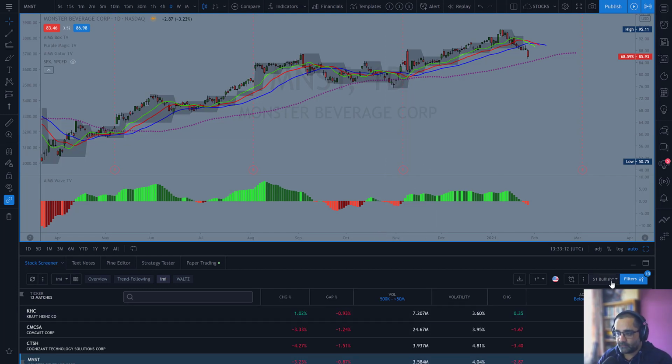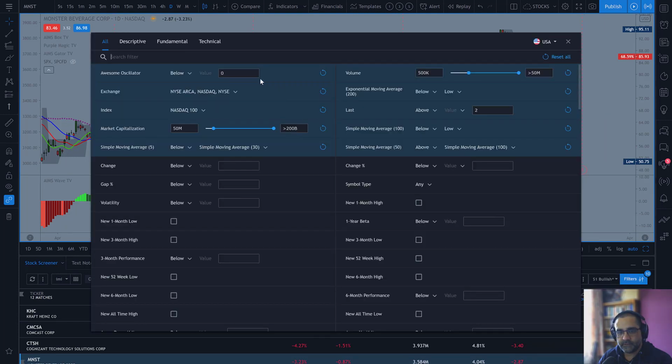scanner here, like the one we have here. So let me take you to the filters. So these are the filters that I use normally now. The last feature, last means price. So if you wanted to filter out everything that is below $2, I'm going to go with this feature called